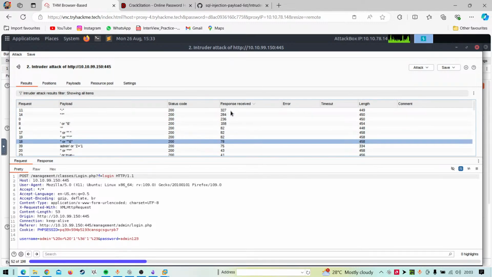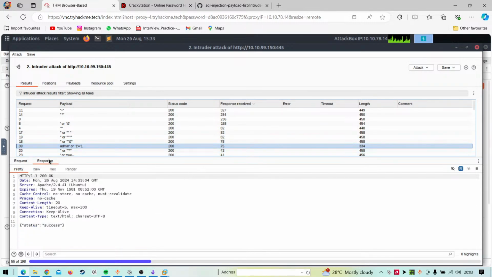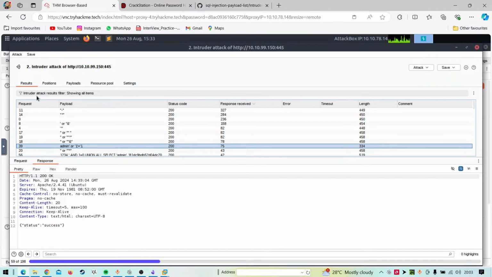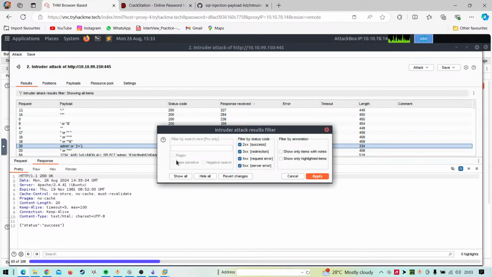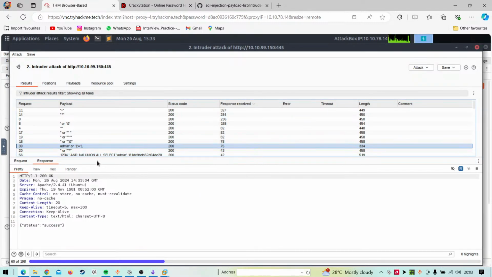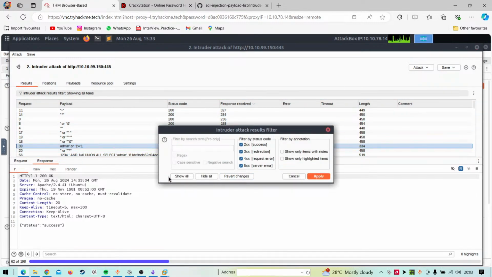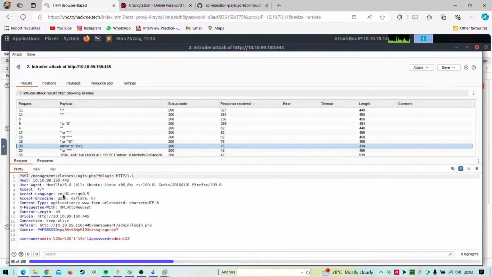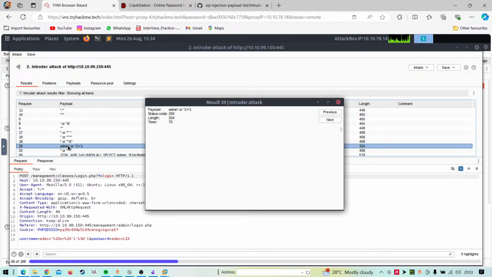I don't know, it could be any of these working. Oh yeah, so we got it. You see, status equals success on this particular payload. I think filtering is Pro only. But you can filter out the negative rejects, or search for the query success. You might end up getting in here. So we have a payload that's working for us, this particular one.